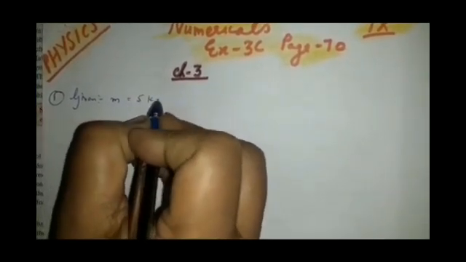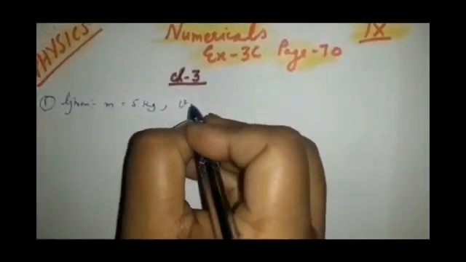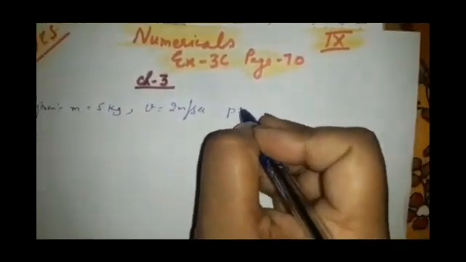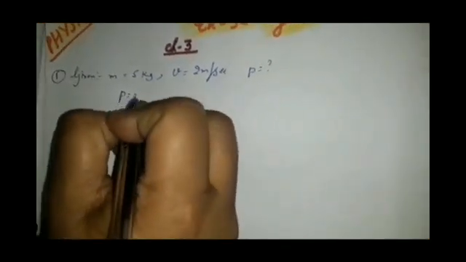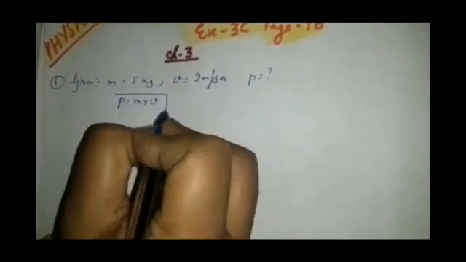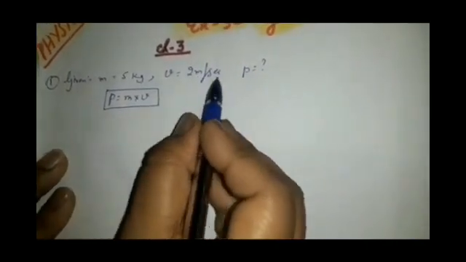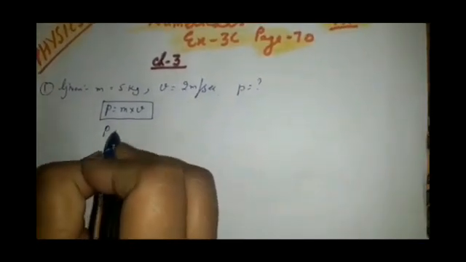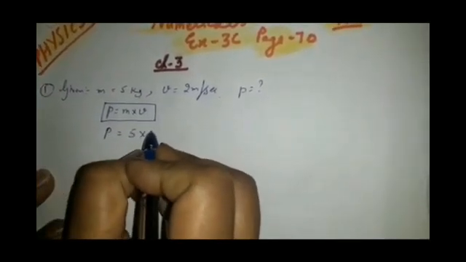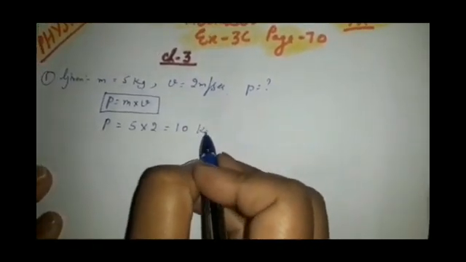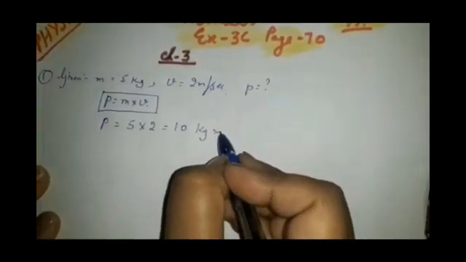Mass is 5 kg and velocity v is given as 2 meter per second. Momentum, linear momentum symbol is small p. This I have explained in my previous video, and the formula is p is equal to mass into velocity. This is a formula. Now see the unit. Units are SI units, kg and meter per second. These all are SI units. So put the value. p is equal to mass 5 into velocity 2. That is 10. Now coming to the unit. Unit of mass is kg and unit of velocity is meter per second. So children, this is your answer.